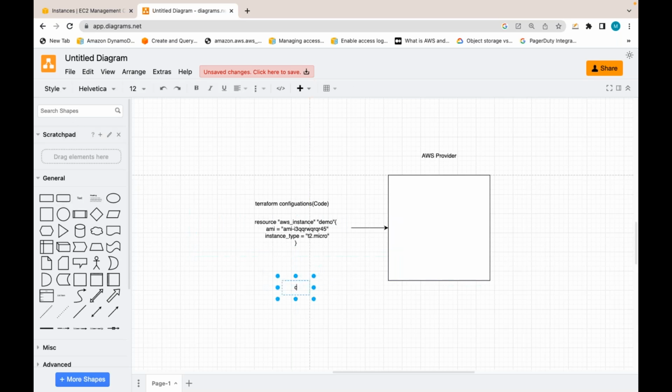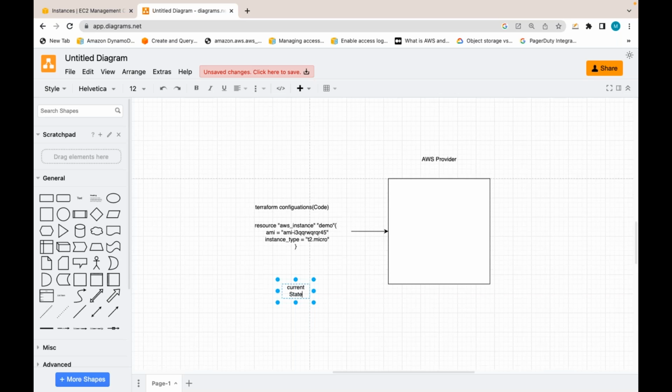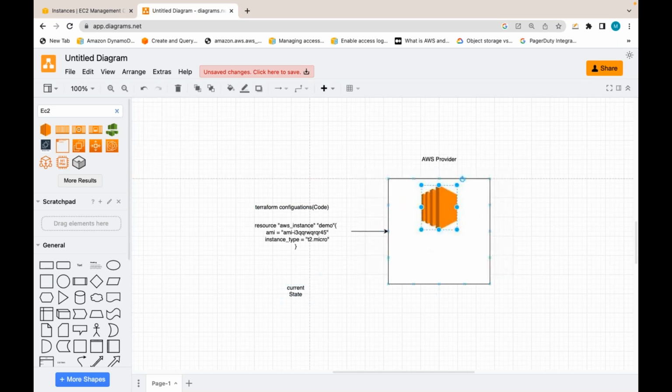Current state is empty because you don't have any resources already created using Terraform. Using this Terraform configuration, the resource is not created, current state is nothing. So as per the desired state and there is no current state, it is going to create an EC2 instance using this information.